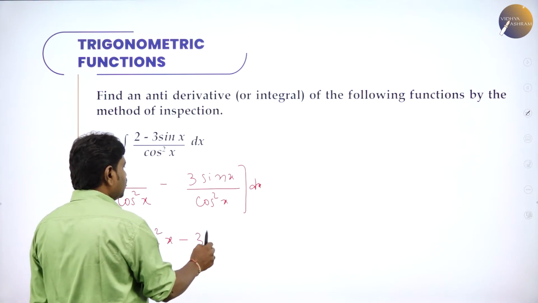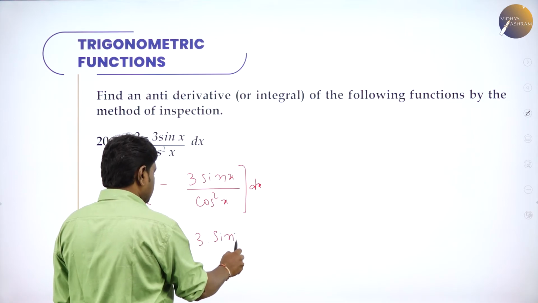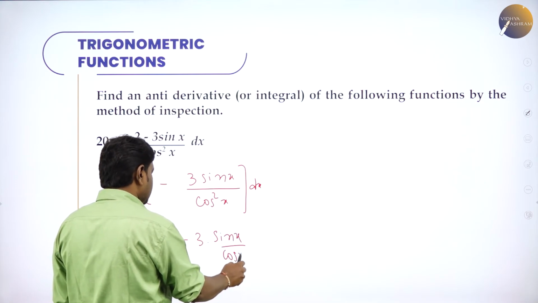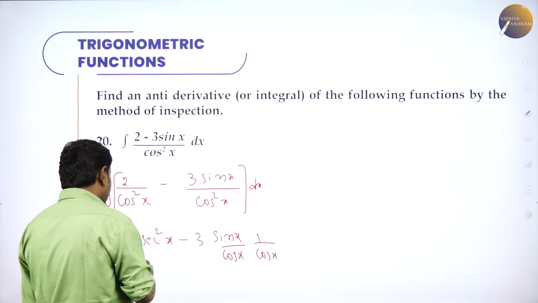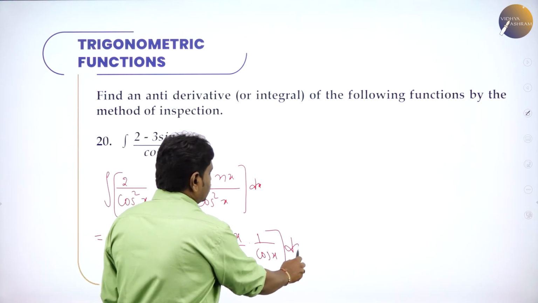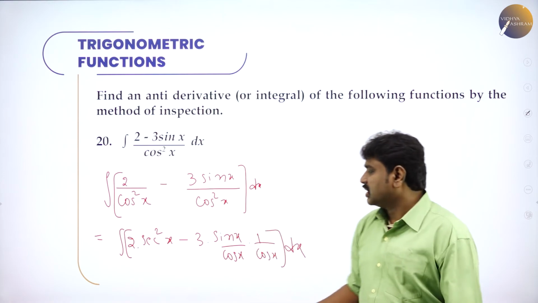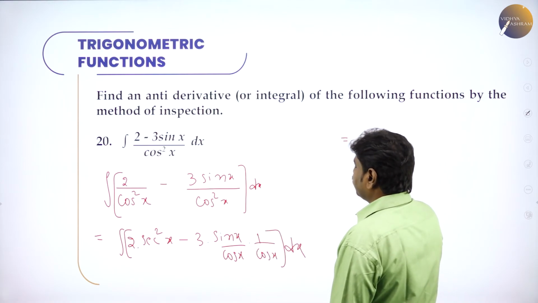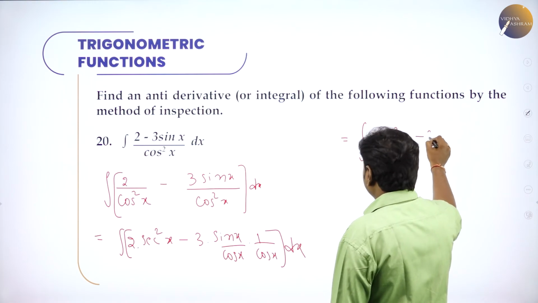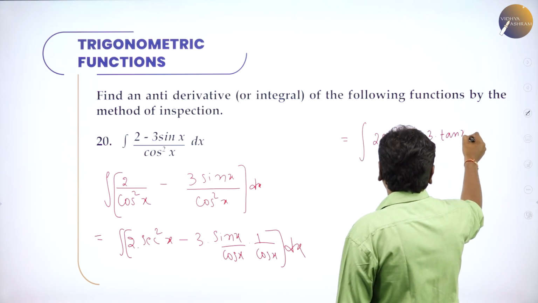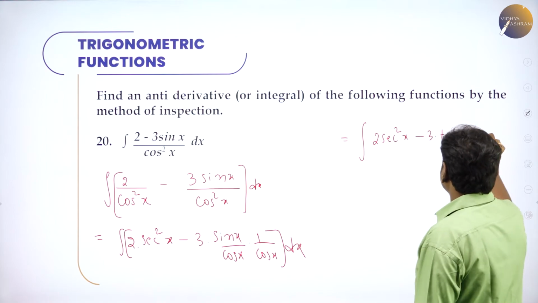minus 3, let it be. Can I write it as sin x by cos square x, 1 sin x, I'll write it as cos x and into 1 by cos x. Because I want in any one of the ready-made formula list. In the formula list I gave some of the formula, so I want it in standard form. So first, integration of 2 secant square x minus 3 sin x by cos x is tan x into 1 by cos x. 1 by cos x is secant x